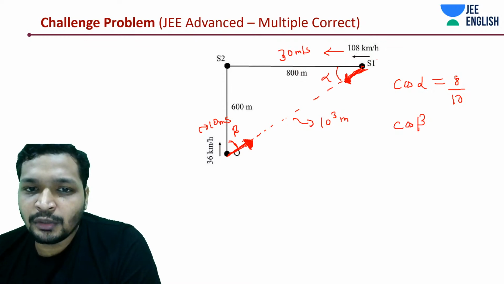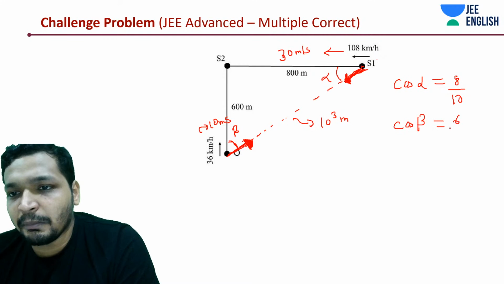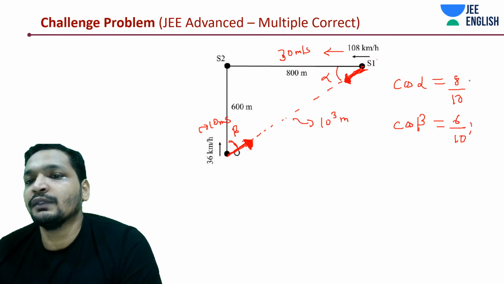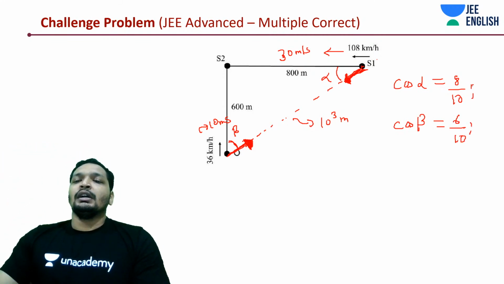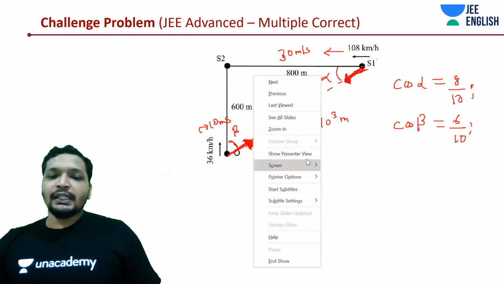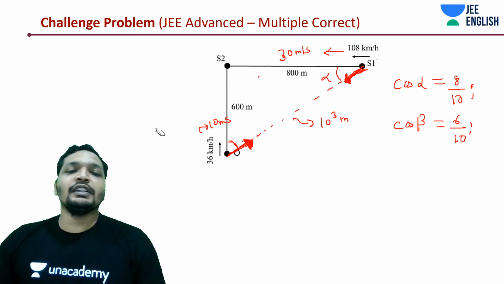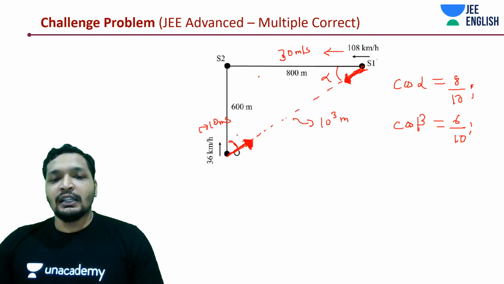This guy is going to be 600 divided by 1000. 6 by 10. Right, this 4 by 5, this 3 by 5. Okay. And one more thing, students, please do memorize the formulae of 53 degrees and 37 degrees